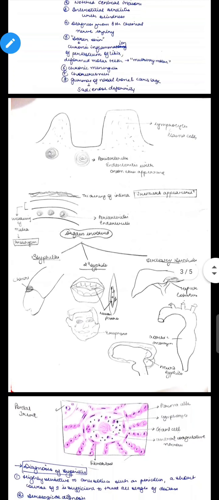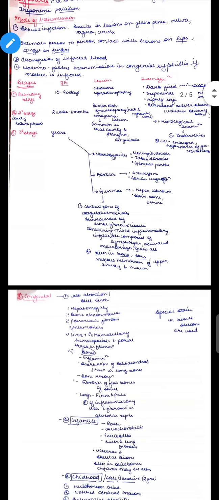Now, these are the diagrams you need to draw for a question in your exam. The first diagram shows us a chancre. This is a hard chancre. In this, at the bottom, you can see there is periarteritis and endarteritis with an onion skin appearance. Then you'll show lymphocytes and plasma cells above it. Then coming on to the layers in this, there will be a thickening of the intima layer, which will give us a tree bark appearance. Then periarteritis and endarteritis, as I told you above, and then there will be a weakening of the media, which will cause aneurysm, which was in aortitis in the tertiary stage.